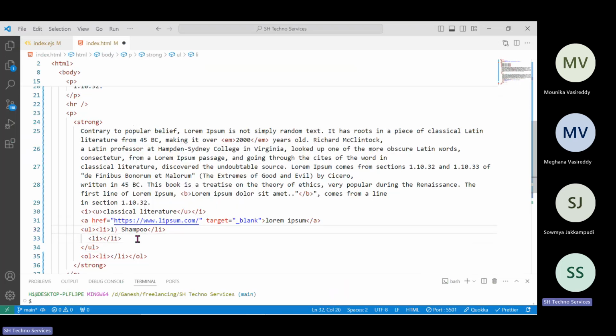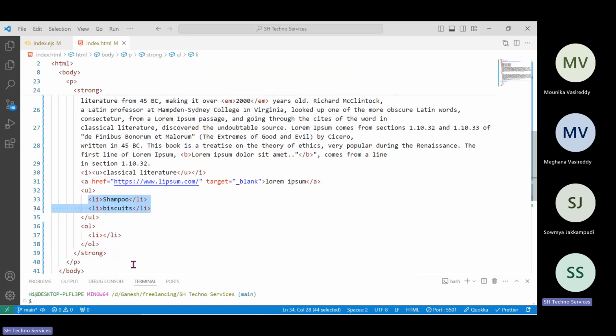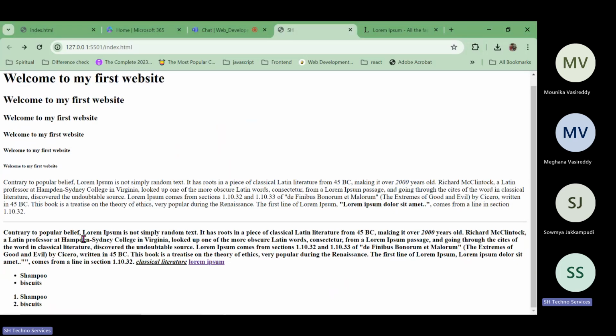I think we don't need to give it like this. No, we don't need to give it like that. If we give the same thing here in an ordered list, observe the difference. Now see,